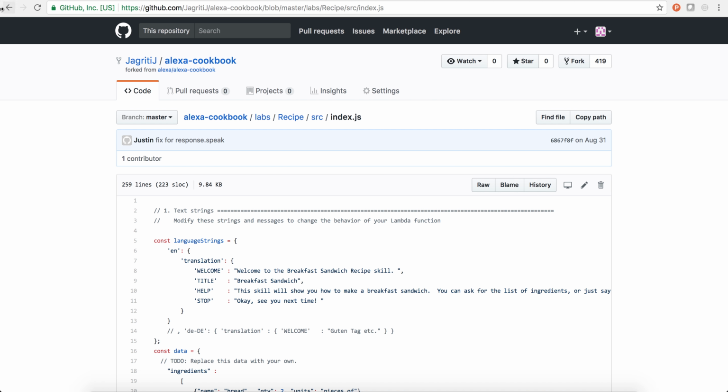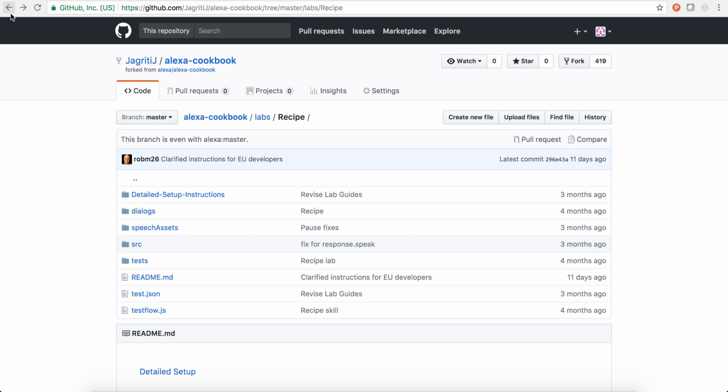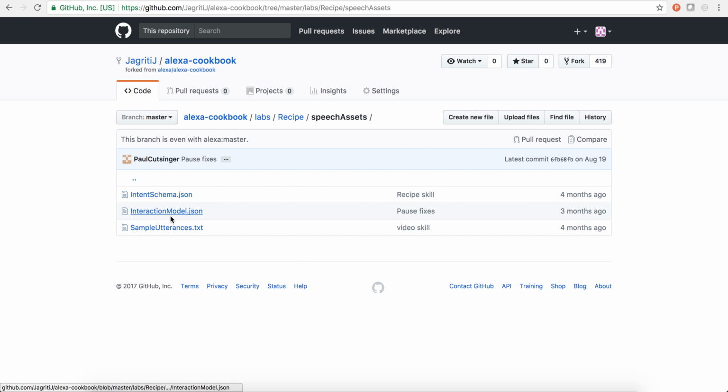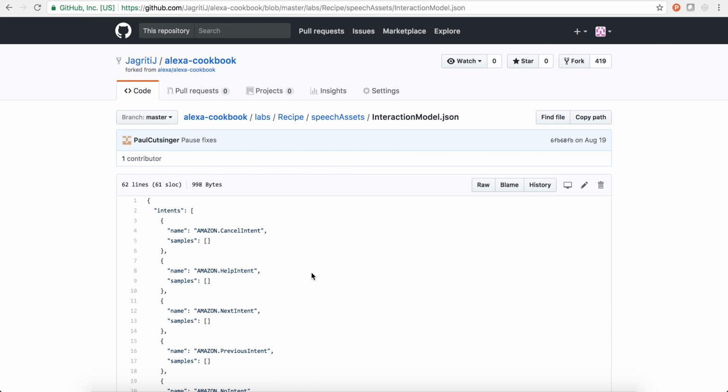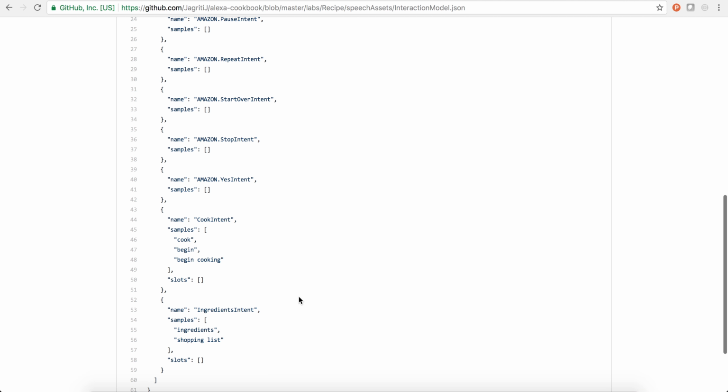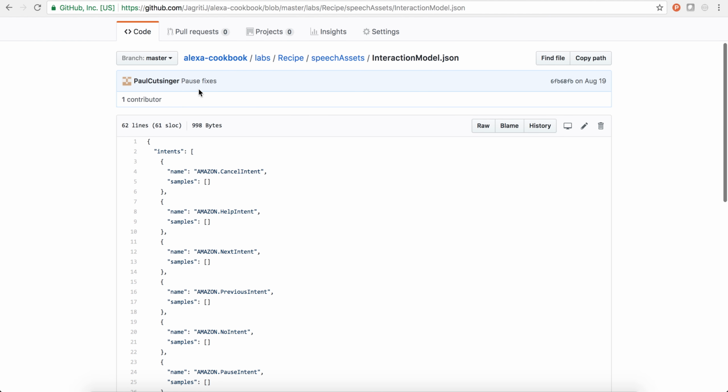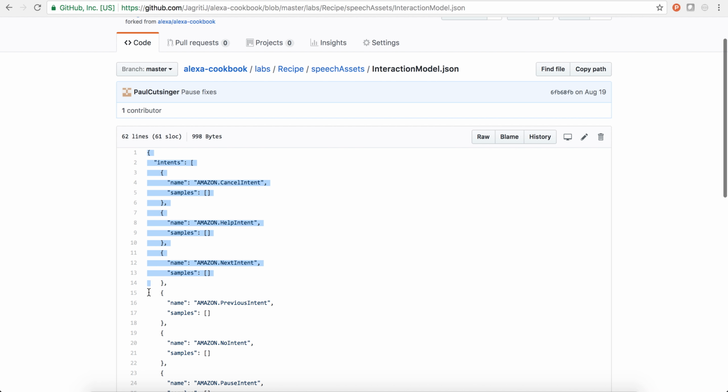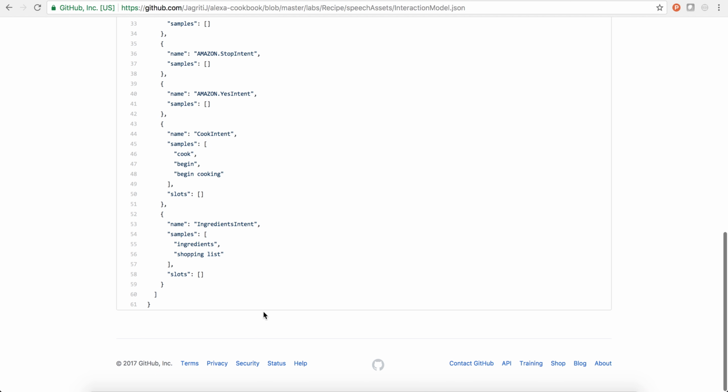Index.js is the actual file, however speech assets, yeah. So we need to go to Alexa Cookbook, labs recipe speech assets, and click on the interaction model.json. Copy all of this, the entire thing, and we will add it in our interaction model